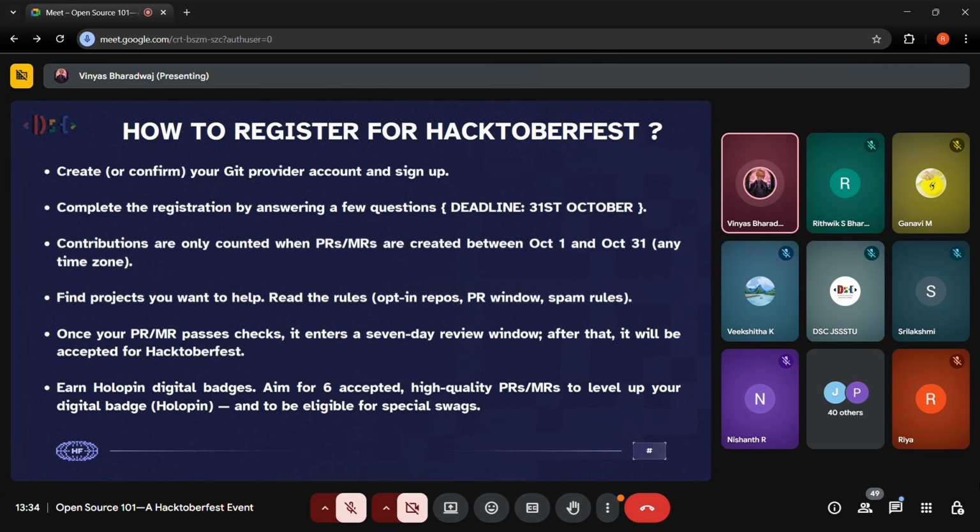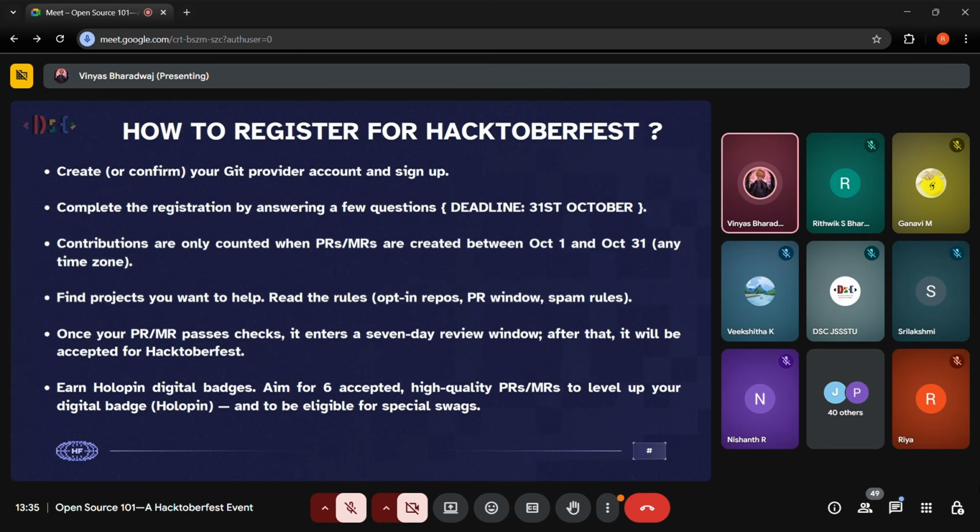Then the other thing to keep into account is that contributions are counted only between October 1st and 31st. Now, PR stands for pull request and MR stands for merge request. A pull request is basically made when you create changes in your local fork, and then you create a pull request which can be merged with the main branch.